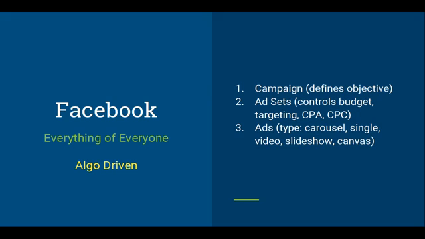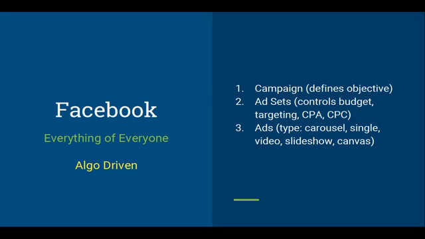Now always remember that within each ad set, you should always have at least two ads running. Why you want to do that is you're trying to test which ad is doing better, and you're also ensuring that Facebook knows that there are two ads that it can show. Because what happens in Facebook is, if one particular ad or visual is being shown too many times to a user and it's still not getting clicks, Facebook will give your entire account a bad score, right? So you want to have different visuals so that your ads don't become monotonous for the same user, right? So that's why you should have at least two ads within your ad set.